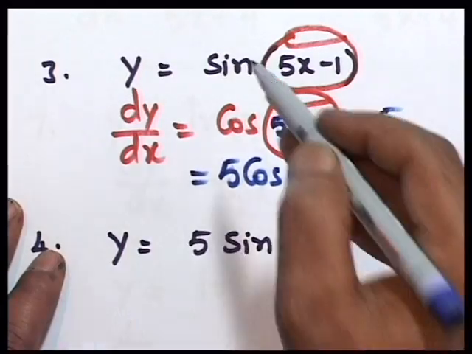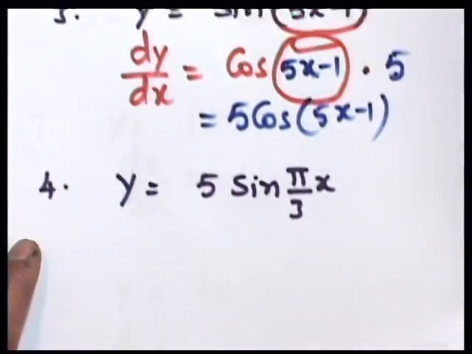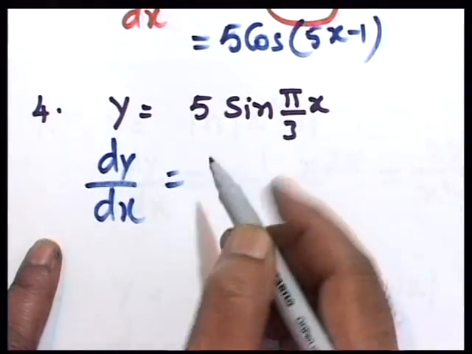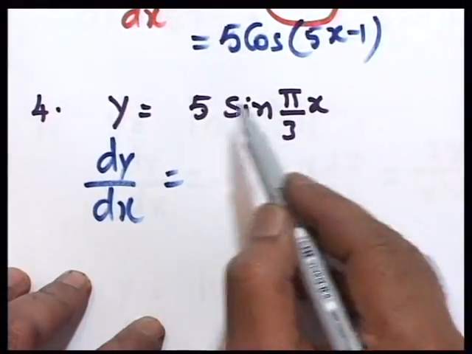Right? Differentiation of sine is cos. Cos is minus sine. Be careful. dy over dx equals 5 sine theta